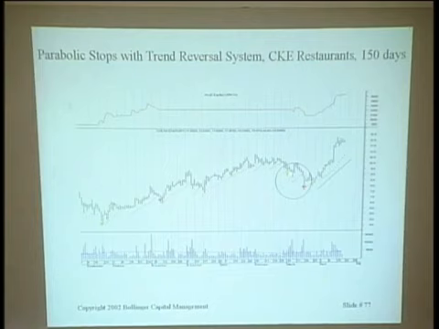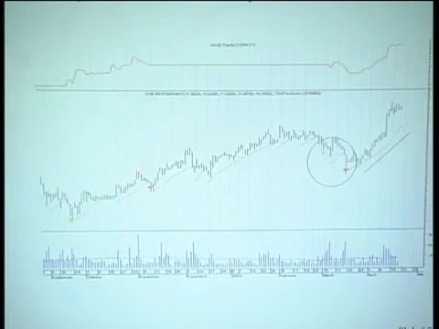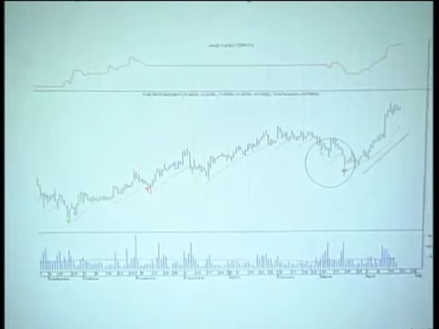Here's a long trade gone bust. Here's where we normally would have exited the trade, but here's where our parabolic stop pulled us out of the trade. And the normal exit is, in this case, a chandelier. These exits are triggered by a chandelier. You can see we came up and made this high, and when we've got 3 average true ranges below the high, we were out. All right?